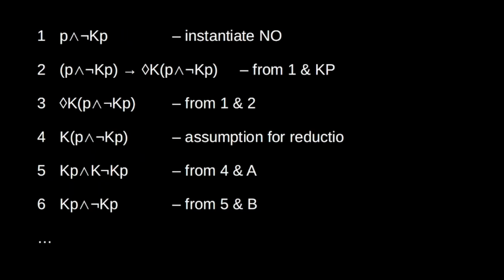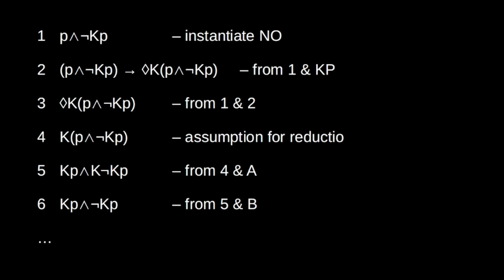Okay, then. So here's the larger proof. We start with an instance of non-omniscience: P and it is not known that P. Now, we take an instance of the knowability principle, Kp, which we generate by substituting. We substitute line 1 for P in Kp. Kp is a claim about all propositions, and line 1 is a proposition, so Kp is true of line 1. And from this, we get line 2.